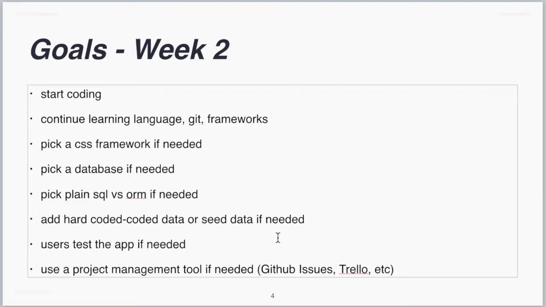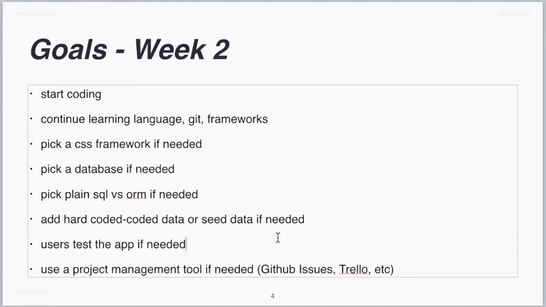Another thing you can do is that if you need to grab the data from somewhere, either a database or an API, but you're not ready to connect to a database or an API, then you can hard code the data for each route. Such as in the example app, I had hard-coded data for the users and the teams, and I just did that as an array of objects. And if you hook your app up to a database, you can use seed data, which pre-populates the database with some records.